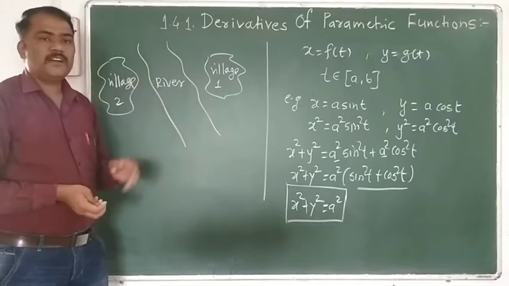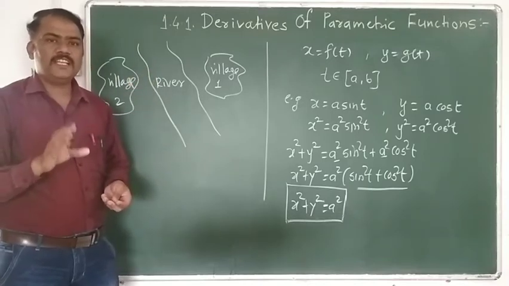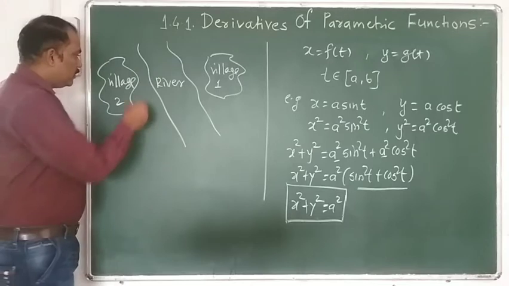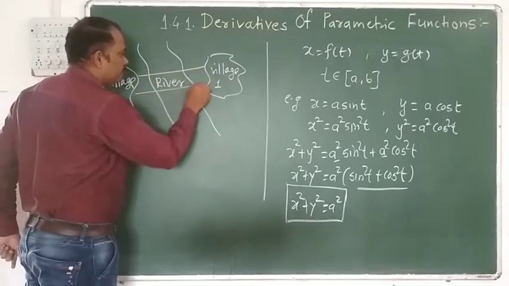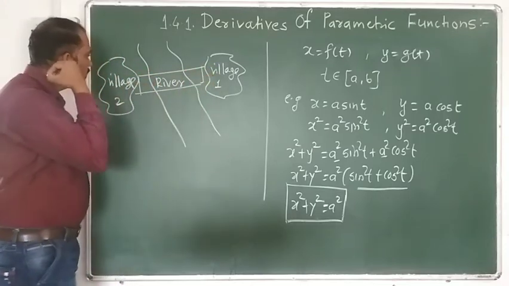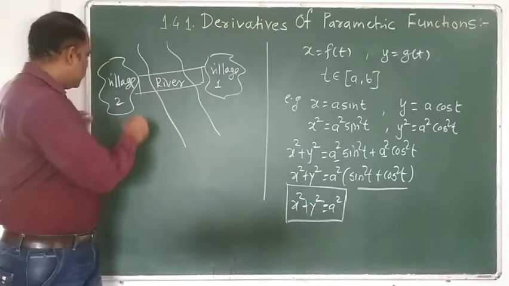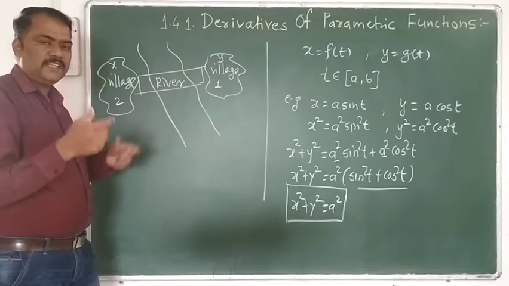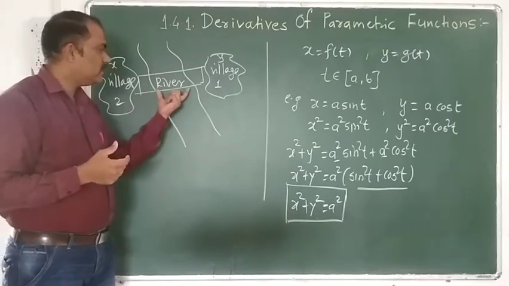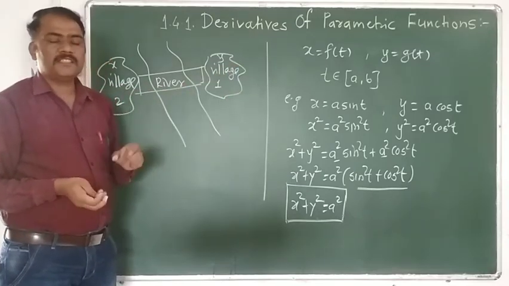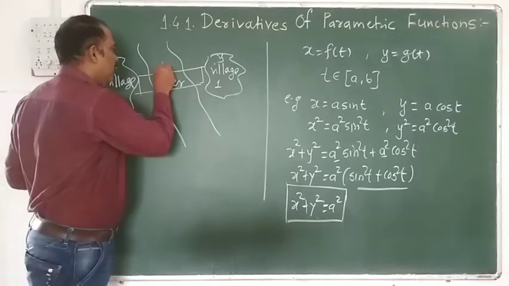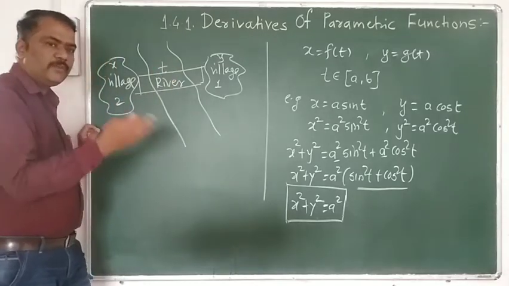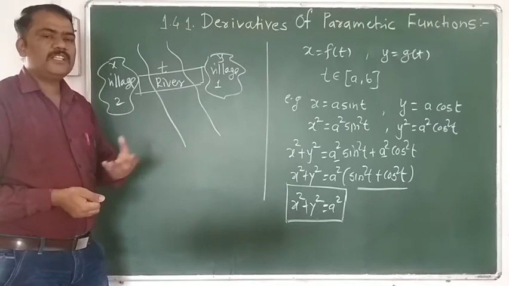One method is the bridge. It means suppose that there is a bridge on this river. Suppose that this is the variable x, this is the variable y. To connect these two variables, we require a bridge, and in mathematics, that bridge is nothing but the parameter t. In this way, we simply understand what is meant by parameter.